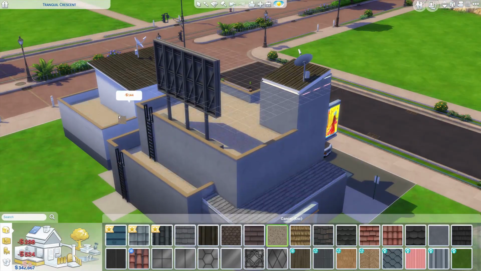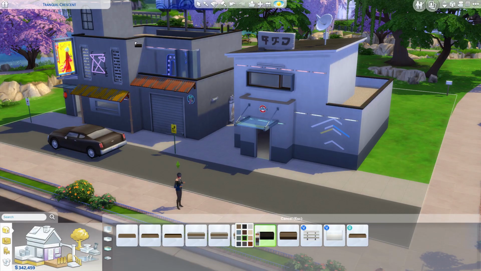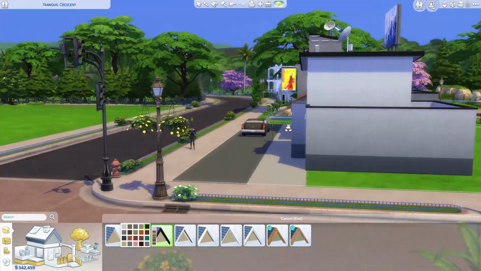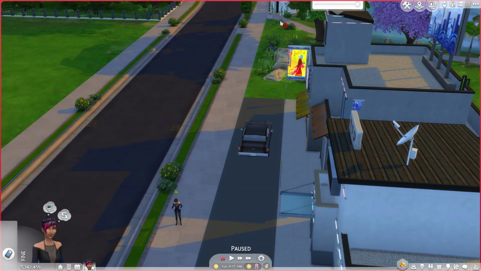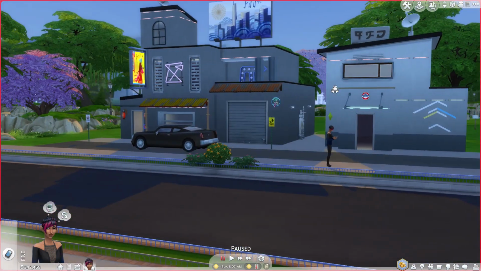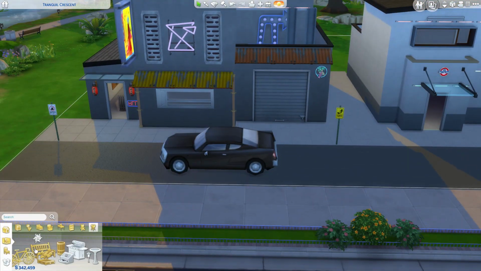So here I'm just adding some detail to the roof, making the patios look the way I want them. I just used black. I thought that the black looked best. The black tin roof. Just going around and fixing some of the colors,